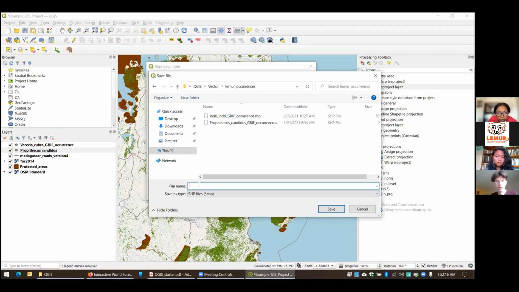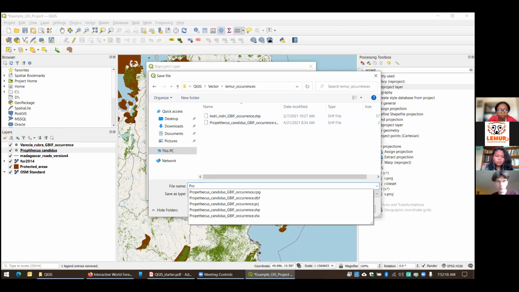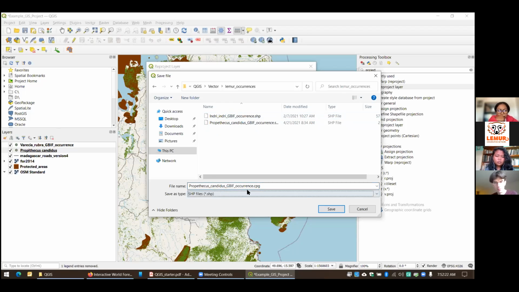And now I have to think of a name. Probably the name that I had before, but I'm going to put UTM 39S, just so that within the name of the file, I know now that this data is projected in a planar system of meters.